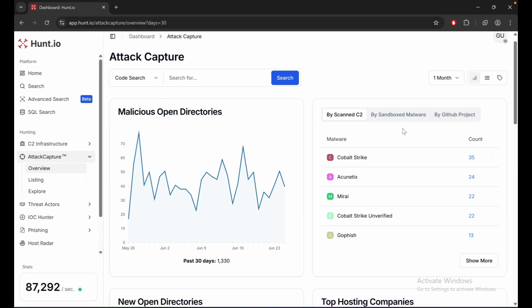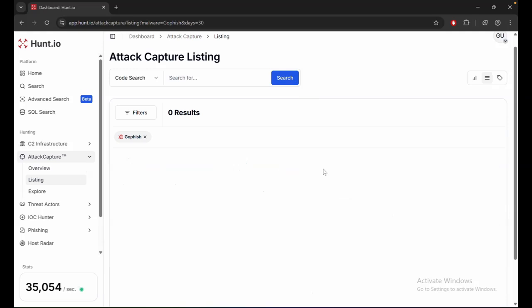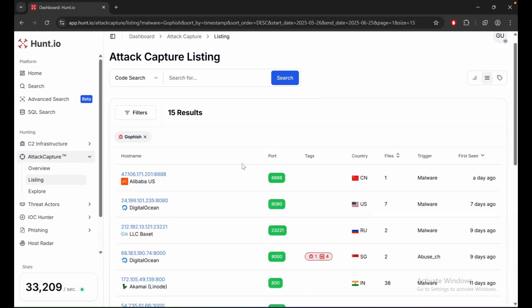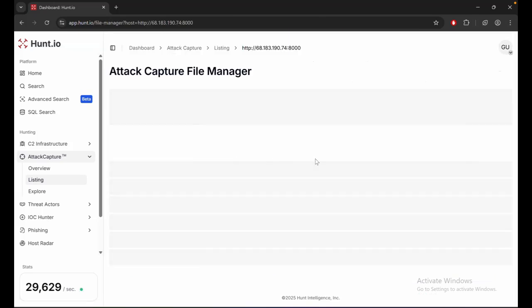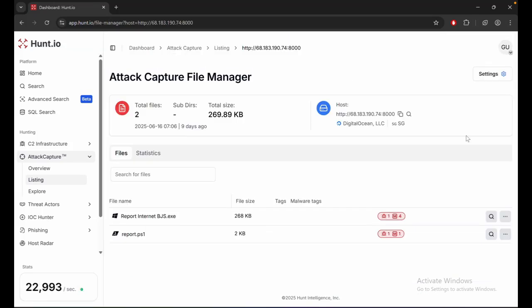Click the overview. So here we have Mirai and GoFish. GoFish is actually used for red teaming purposes. Actually, it's a framework, GoFish, for phishing simulation or emulation. Click it, and you get a lot of information. Just click on it, and so, report.ps1. So it's a PowerShell. If you click on it,